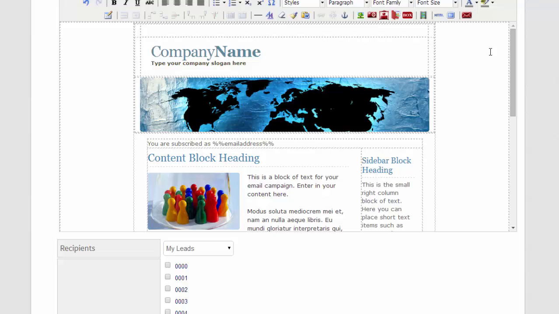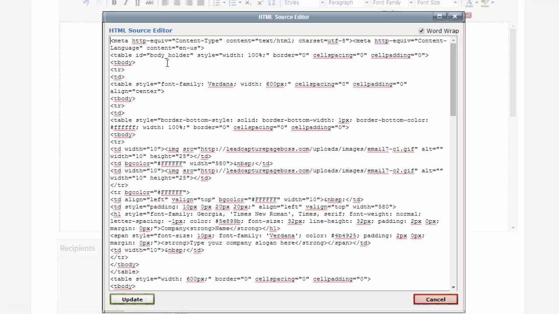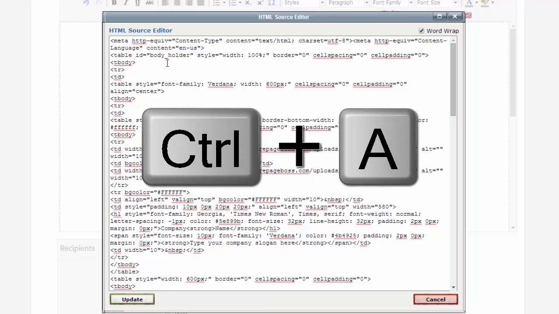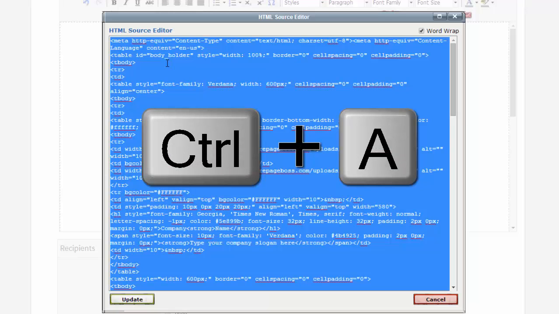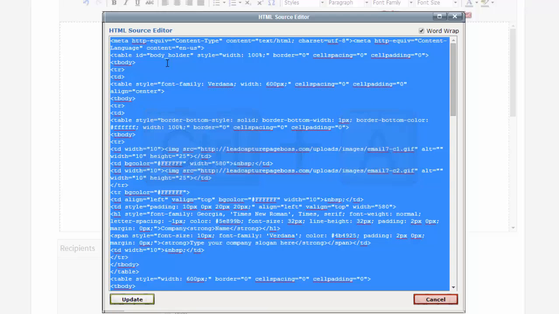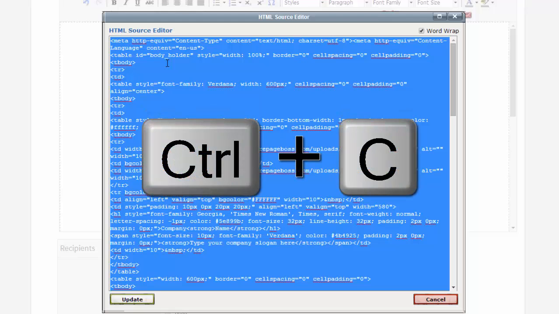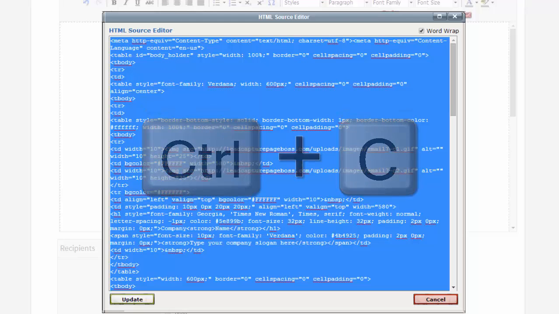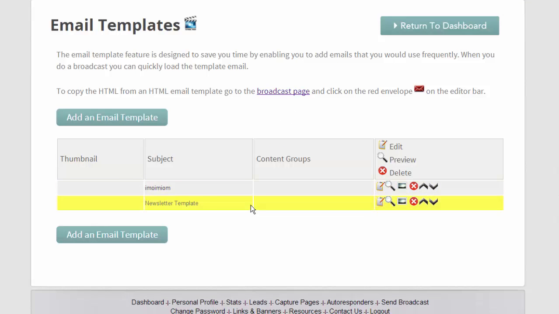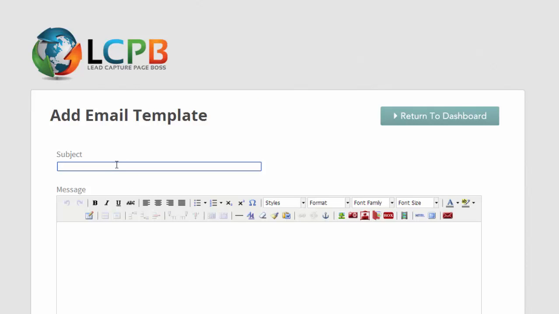everybody. So what we're going to do is we're going to click on the HTML source code button here, and then we're going to make sure that we highlight everything in this box, and I use Control A to highlight or select all, and then I use Control C to copy everything. Now let's go back to our email templates, and we're going to add an email template here, and now let's